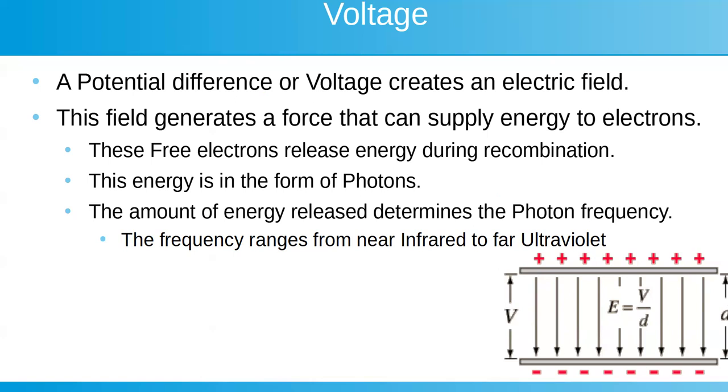So that voltage, or potential difference, with positive charges on one terminal of the battery or source and negative charges on the other, creates an electric field between them. We call that an electrostatic field. And there are really 2 kinds, and we'll talk about electromagnetic fields a little bit later. And electromagnetic waves are composed of both electrostatic and electromagnetic fields. The force that's generated